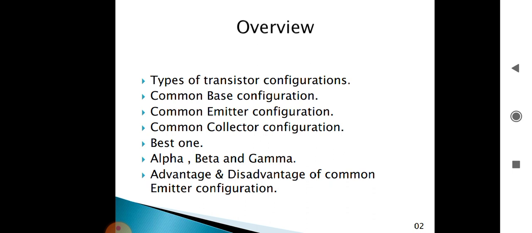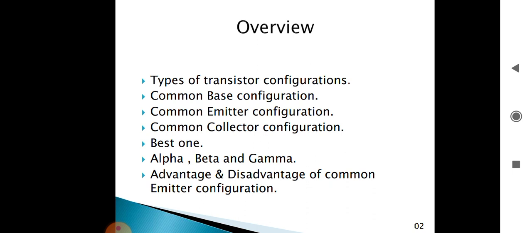So if we want our transistor to work as an amplifier, we need to bias it properly. That is, the input side is forward biased and the output side is reverse biased. Then and only then will the transistor operate in the active region, and it will work as an amplifier. So biasing of both the junctions of a transistor properly is very important.